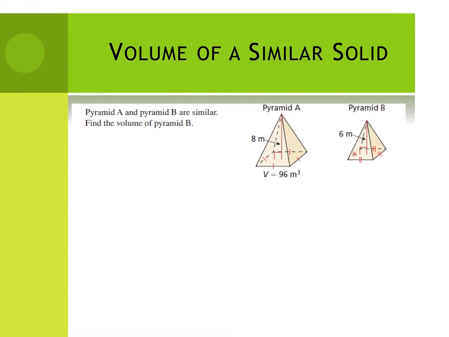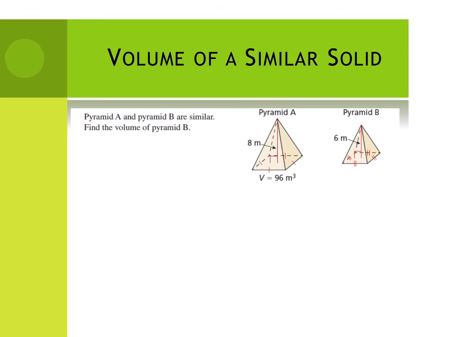So again, just like we did with the prisms and the cylinders, we can find volume of a similar solid when we know 2 of the heights or 2 of the edges, and then we know 1 of the volumes. So again, stay consistent here. However you set up your ratio for the scale factor, do the same for the volumes. So I'm going to find my scale factor, which is K. So I'm going to do the height